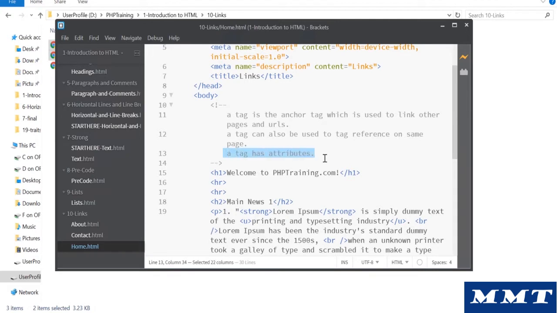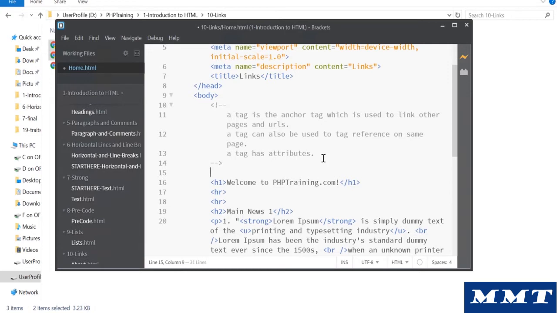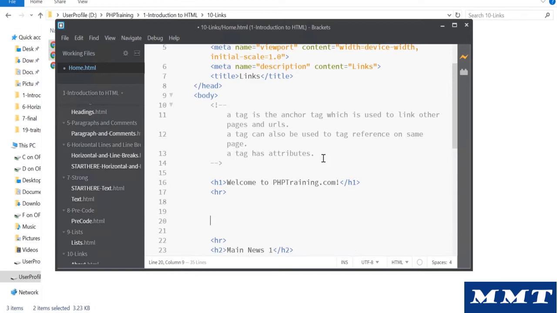When we look into the attributes of the a tag, obviously the anchor tag needs to tell you the location, right? When you put a link, you need to say where the link will go. That is basically the attribute of the anchor tag. Okay, so the first anchor tags that we'll add are the links to the pages. You see the two horizontal lines; we're going to add in between them. We're going to add the UL here, that is the unordered list, and we're going to add 3 items here, and inside each item we're going to add the links.